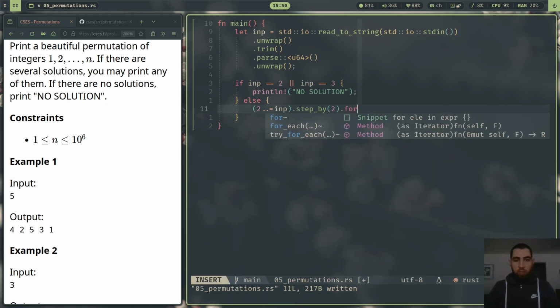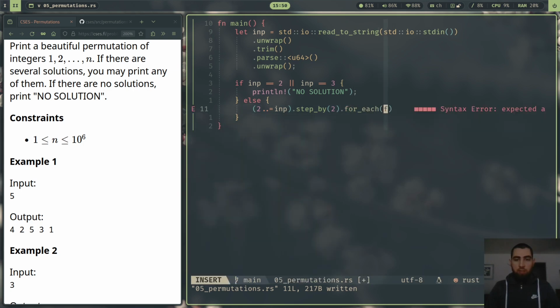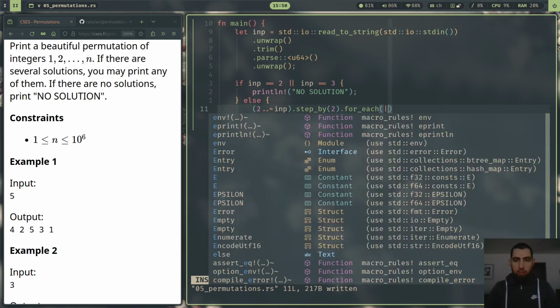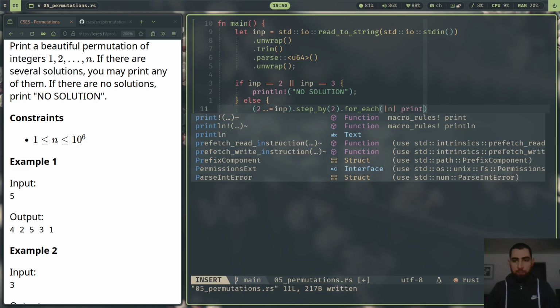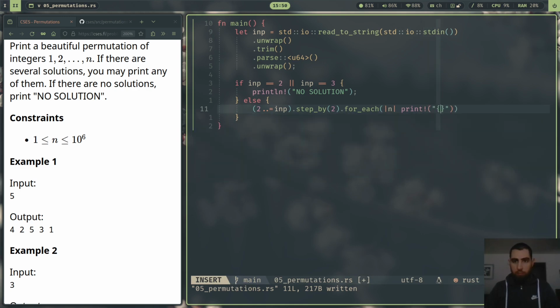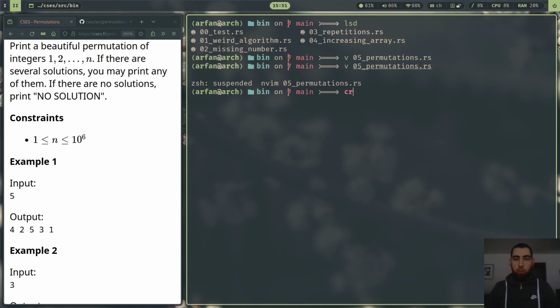And what we then do is for each integer, we just print out the integer, like that. And then in the end we print just an empty new line, so we don't have this symbol. Now if I run this, you can see that it isn't quite ready yet, but I want to show you just